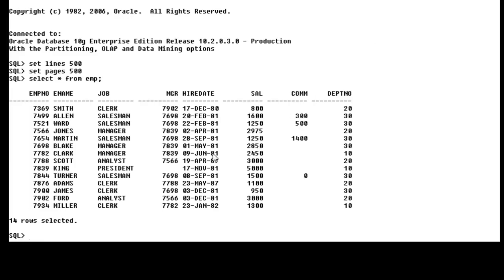Hi friends, today we learn arithmetic operators in select query. In this tutorial, you learn how to perform arithmetic operations during a select query. Okay, now here